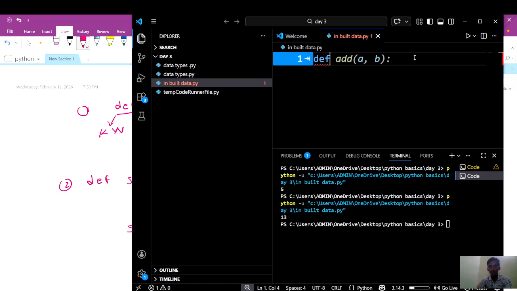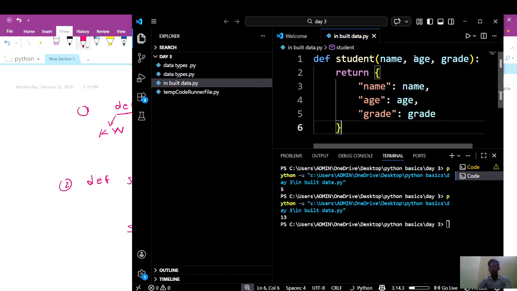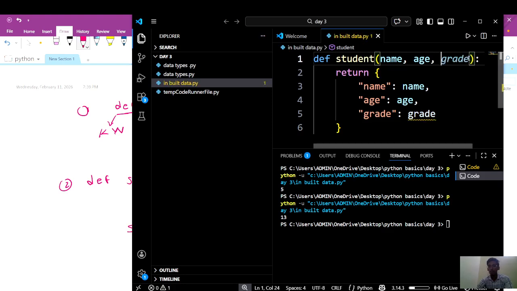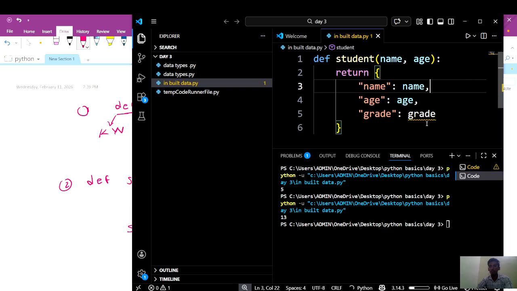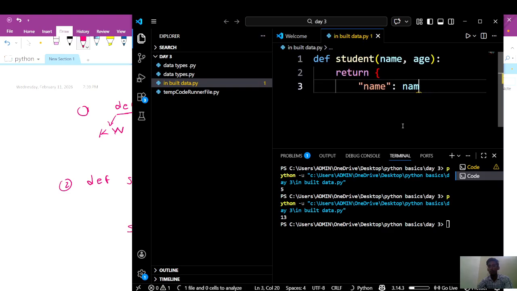You should give the definition keyword first, and student, bracket open, and name. Definition student name